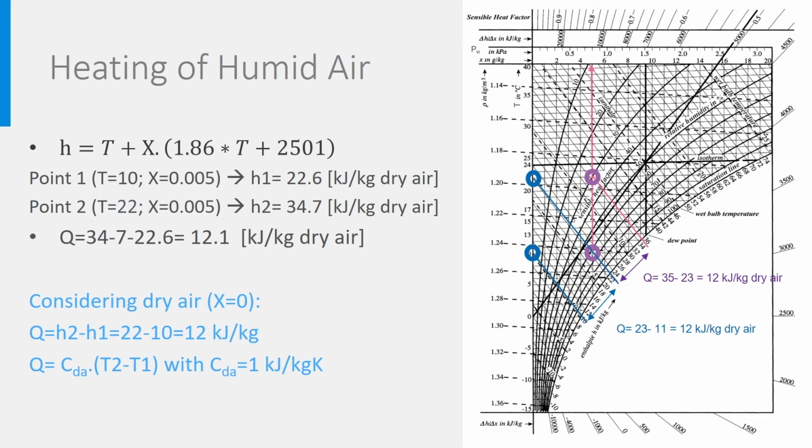And we see that this is exactly equal to the equation we normally use for air. Q is m Cp delta T, where Cp is the heat capacity of dry air, 1 kJ per kilogram Kelvin. So, in the end, we don't need this complicated diagram to calculate simple heating or cooling. This is because of the very small quantity of water vapor contained in air, generally less than 20 grams per kilogram.